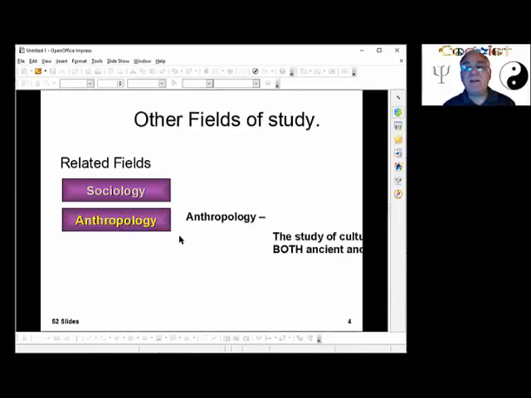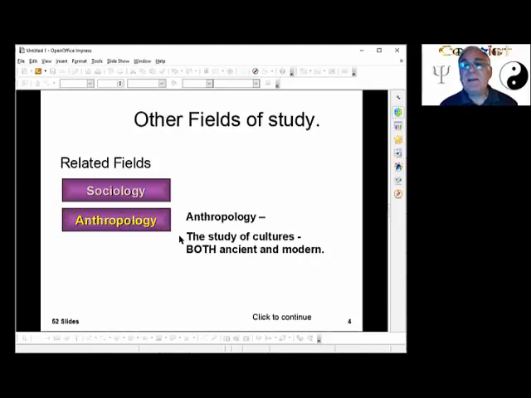Now, anthropology is very similar to sociology, but they define entire cultures rather than just a social group, as sociologists do. They define large groups, cultures, and we think of them as studying ancient Egypt and the Mayan cultures, the old cultures that are gone, but they can study the cultures that are right here in this time and place right now, modern cultures. There's a place in Virginia called Mount Trashmore.